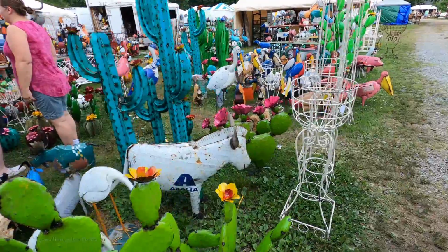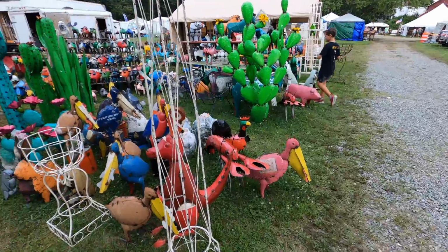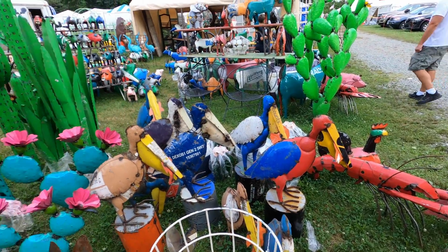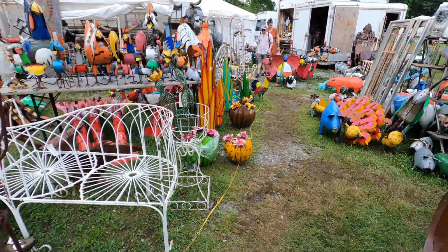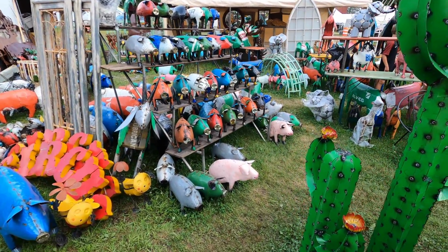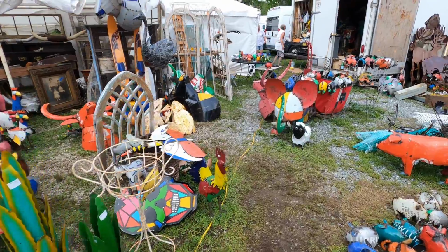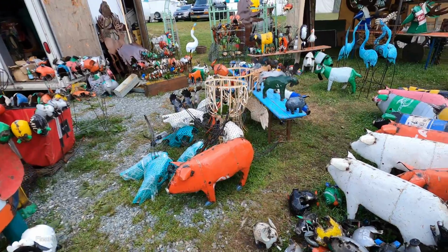This vendor's here pretty much every year, and you've probably seen these in my videos before, but I really like these lawn ornaments or statues or whatever you want to call them. This time I was looking for one of the bulldogs. The last time I was here, there was a really nice bulldog. I think he was green, and he was in really good condition. I thought hopefully if he's here, I'll buy it. But I looked all over. I didn't find it. I did find one that was similar, but it was pretty rusty. Some of these are rusty, and I know that's probably part of the charm to some people, but I don't like rust, so I was really hoping to find one without rust. This year is